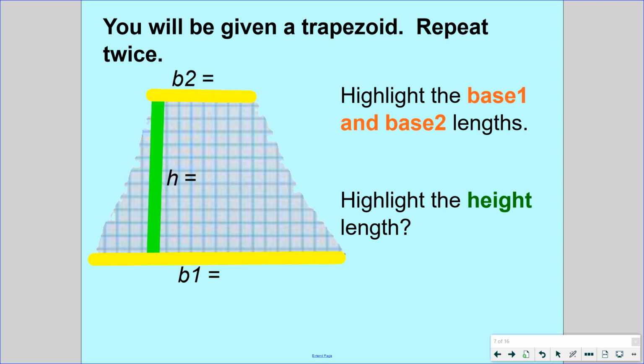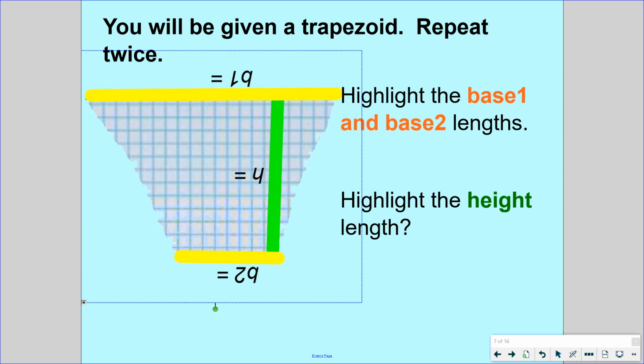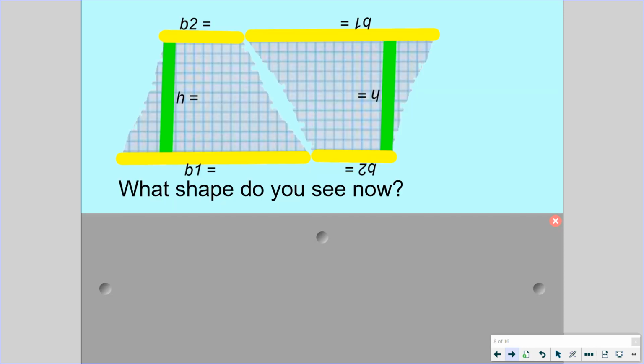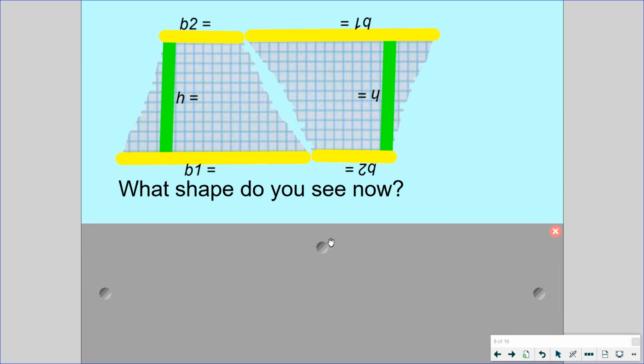If you flip it around, you see that this could be the base, and you turn it, flip it around. Well, let me show you. If you don't trust me, flip it around, and you can see that's also the base. And then I want you to highlight the height. So what I want you to do is with a partner, you are going to combine the